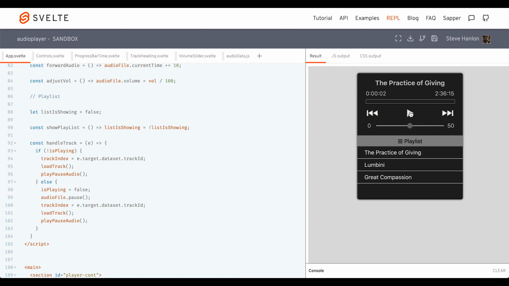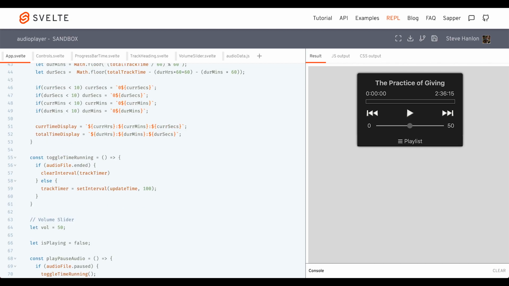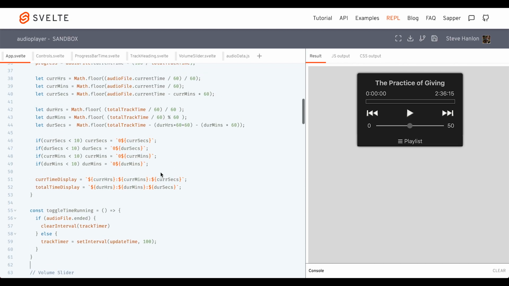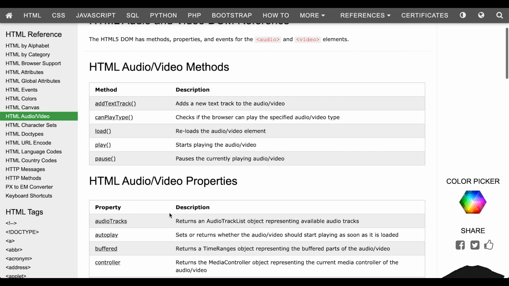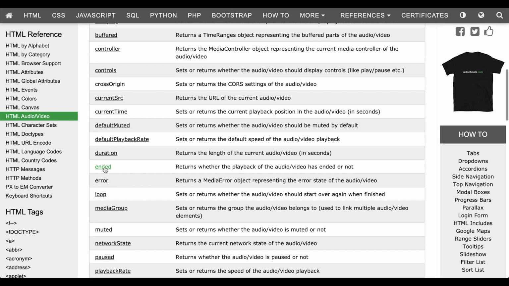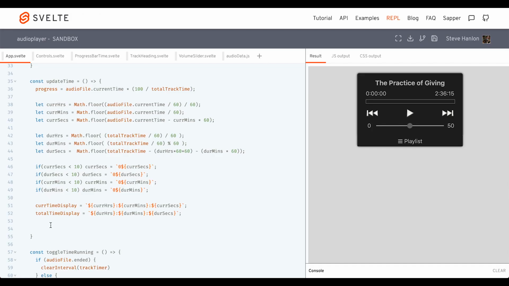Good. So we got handle track working just fine. The other thing we want to handle in the update time function is a situation where the audio has come to the end and it has literally ended itself. And that's a property that you can see here. Here it is, ended. Returns whether the playback of the audio has ended or not. So if it has ended,